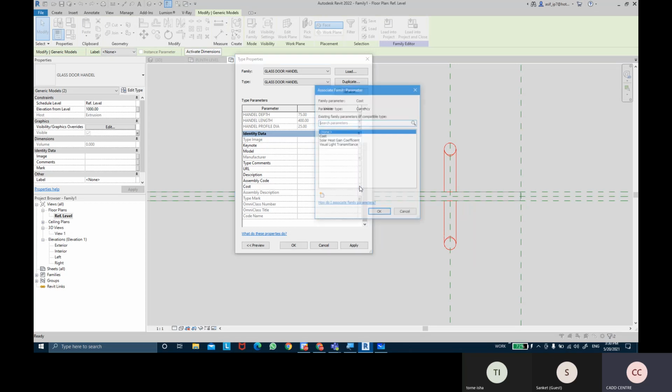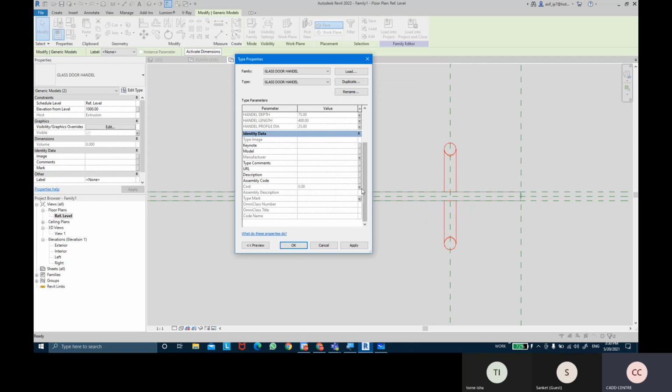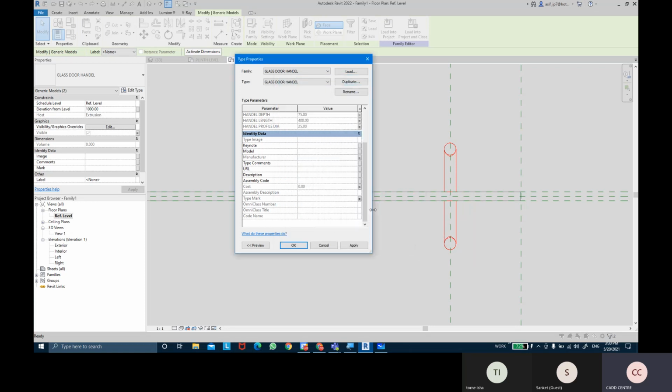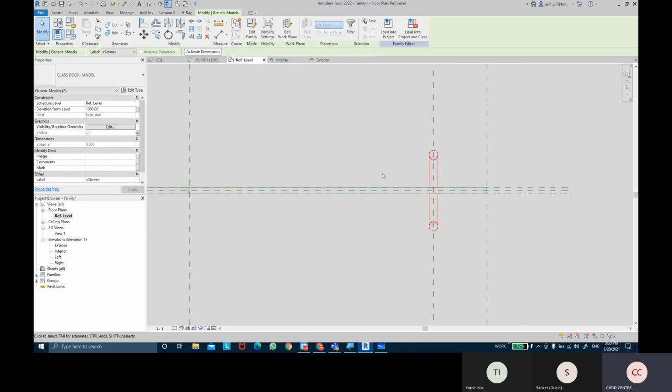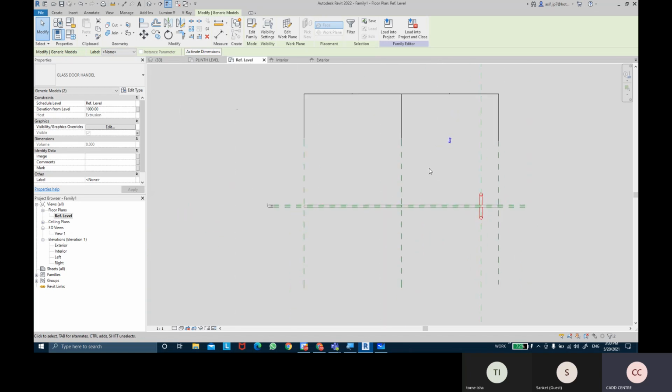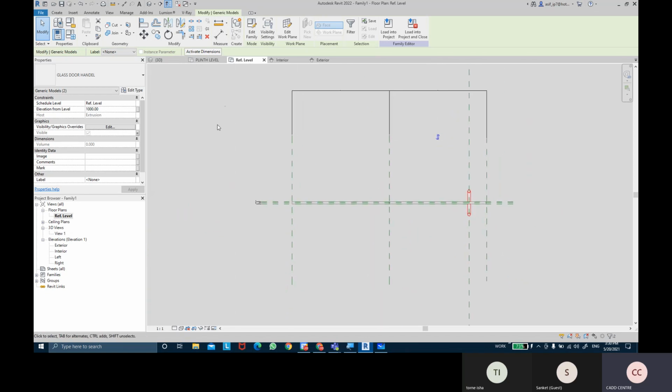Even the cost for the handle you can provide. Cost can go under the cost category. You can apply that and then click OK. So that's for the single panel right now.